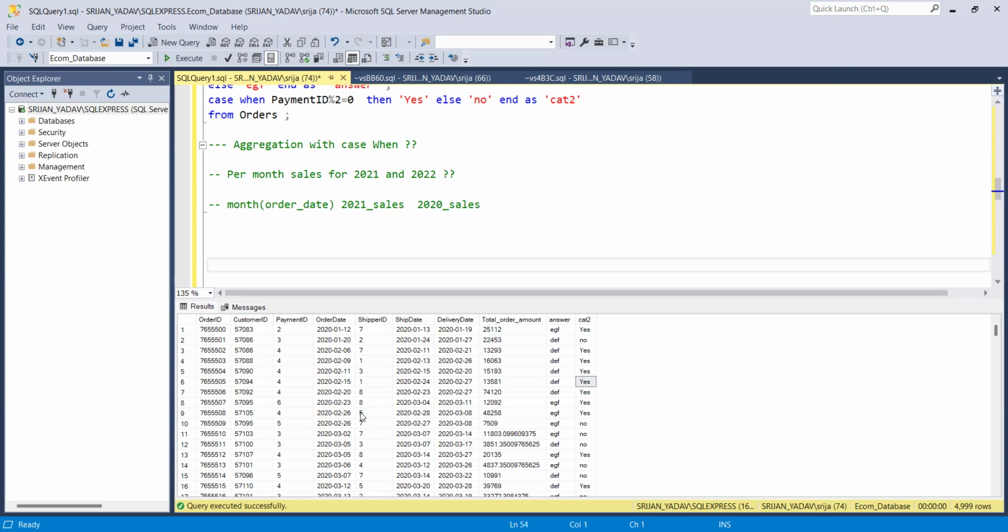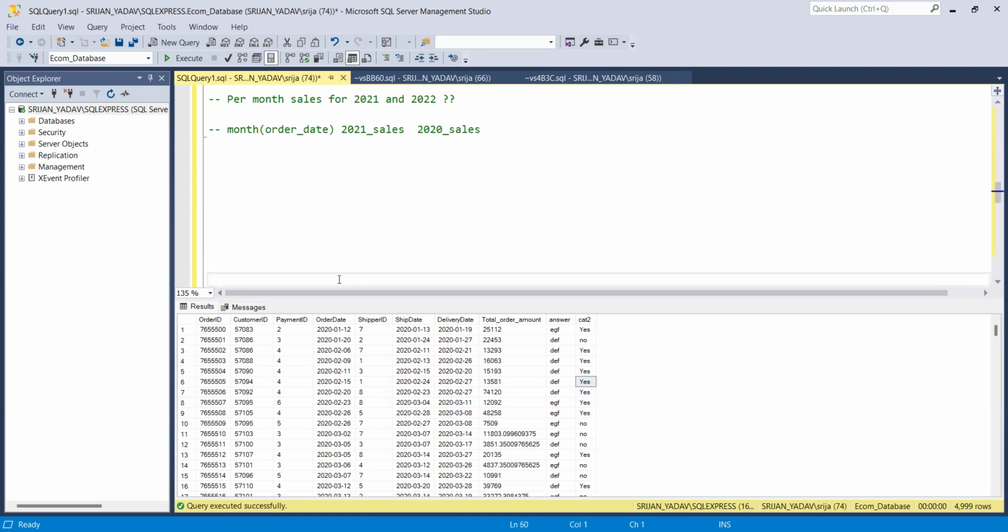We'll use group by along with case when. I will tell you how we'll do it. I will write select month of order date, and give it a name as month,